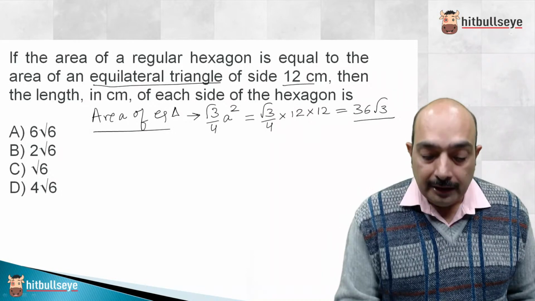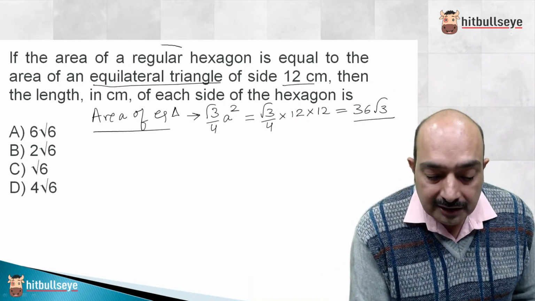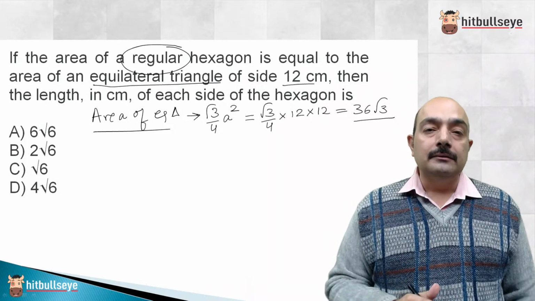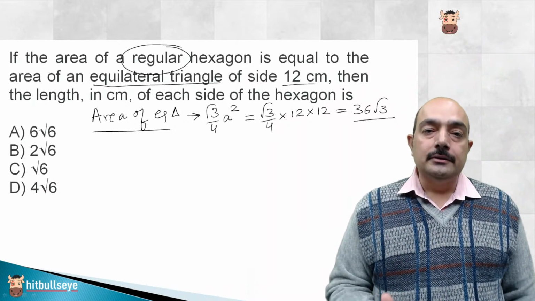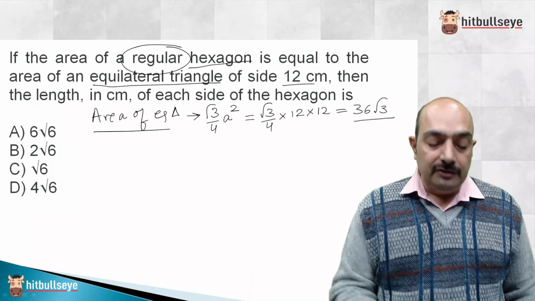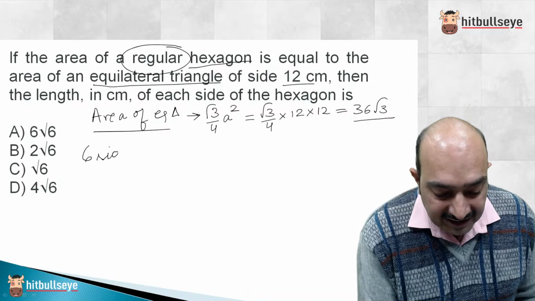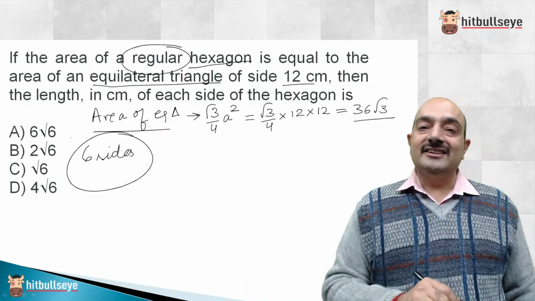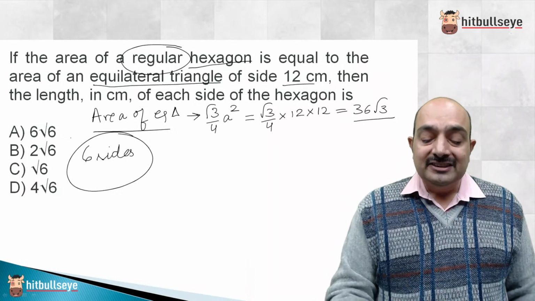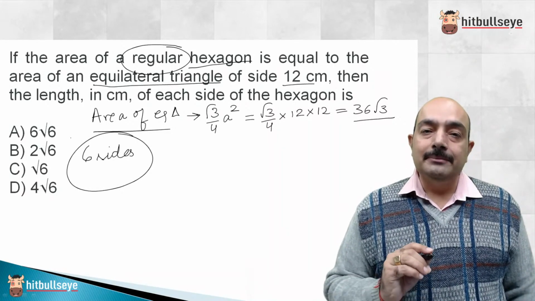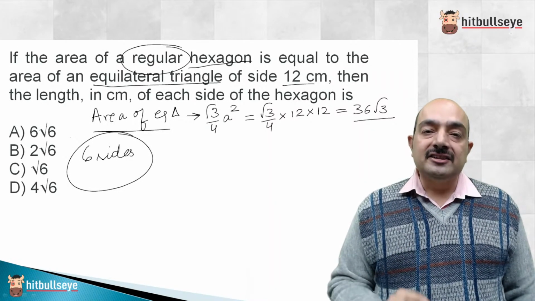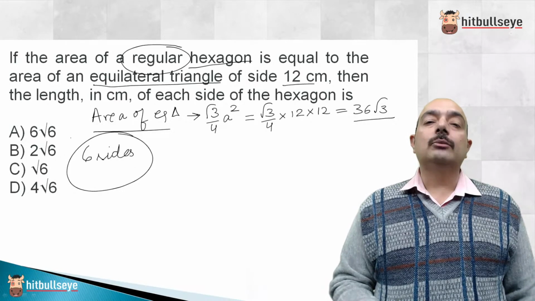Okay. Now, next. We are using a term here which is called regular. Now guys, what do we mean by regular? Yes. Regular means all sides are equal. And we are talking of hexagon, which means 6 sides. We know hexagon has 6 sides. So I'll put it straight. 6 sides. Now guys, remember one important property of a hexagon, that it is basically the composition of 6 equilateral